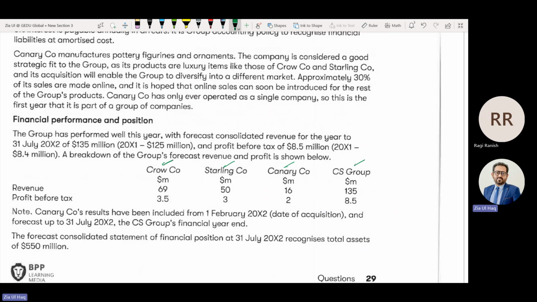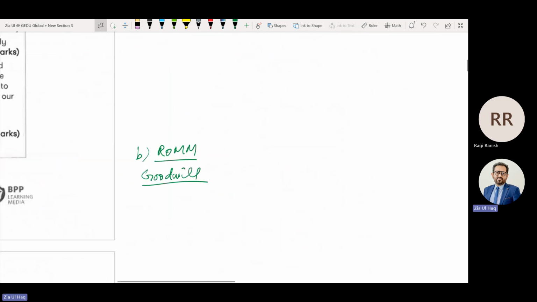Is there any total assets figure given? Yes, 550 million. So first we will discuss materiality of goodwill: 45 over 550 multiplied by 100 is a certain percent of total assets and hence material. And this is relevant. Material means relevant. Then we'll discuss